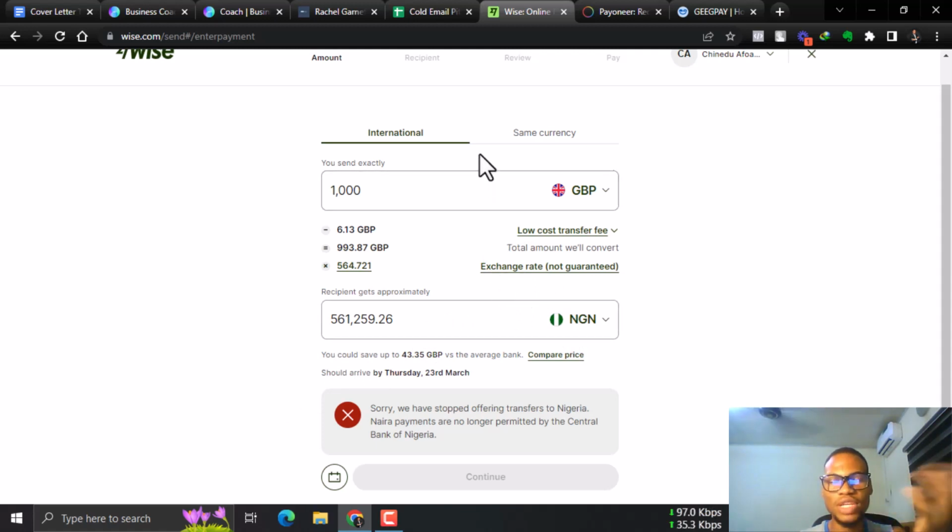So the client has one of two options: either to send internationally or same currency. But chances are they're going to be doing same currency. Why? Because if you're billing a client who's in London and they're going to be sending you via their British pound account, do give them your British pound account, right? So if you have Geek Pay, you get a British pound account, you get a Canadian account, I think, you get